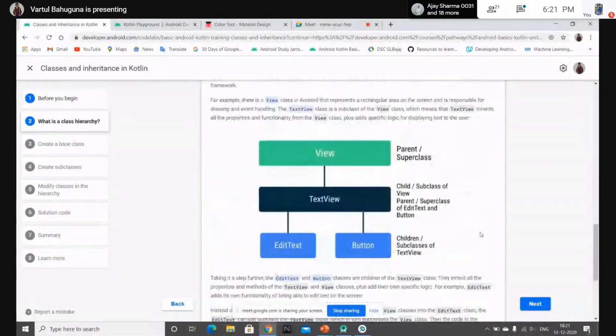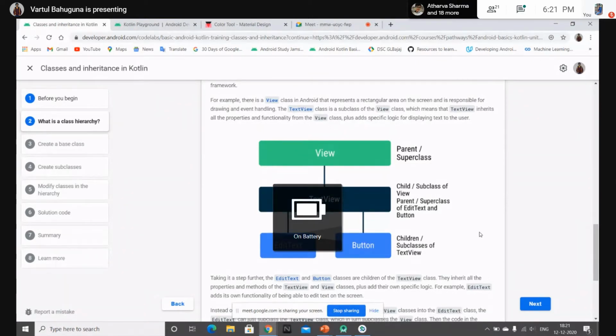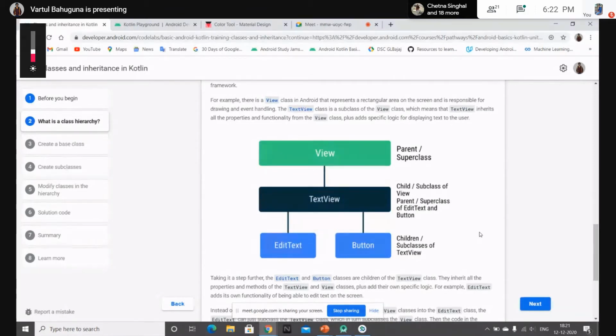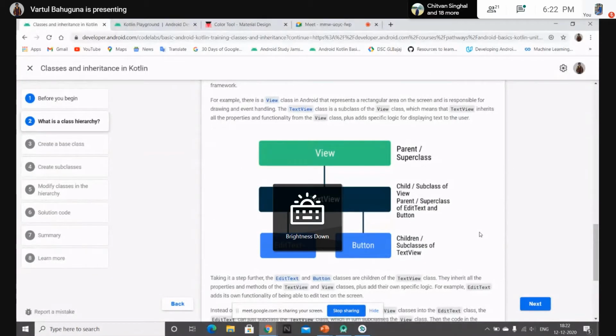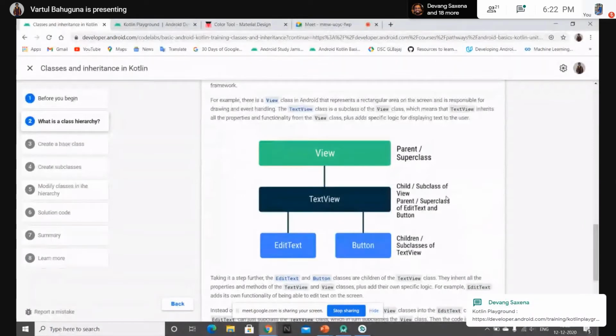Similarly, if we talk about the hierarchy in Android, the widgets or the views, those that are the buttons and the edit text, all come under the class View. They have something in common, like how they should appear and how they should interact with the operating system, the Android operating system of your mobile. The code for all of that is in the View class. So rather than repeating that code in EditText, Button, and the other widgets, they have put it all together under View. And then that View extends the TextView.